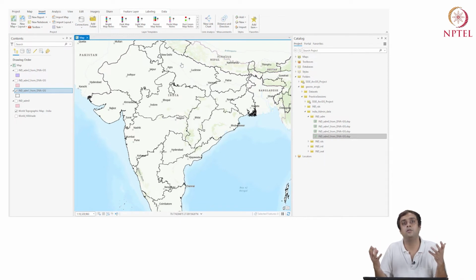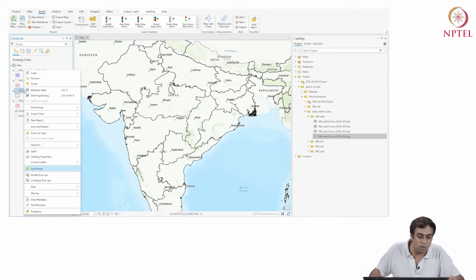Now what tells me that this is Uttar Pradesh, this is Rajasthan, this is Gujarat, this is Maharashtra? Well, because of my existing knowledge. But if I'm working with data for different countries, I may not be aware of the states of different countries. So where do I make sure that I am on the right track, that this is indeed going to be West Bengal, and this is indeed going to be Jharkhand, and this is indeed going to be Bihar, and here I'm looking at Bhopal and Indore, which is in Madhya Pradesh. So how do I really make sure?